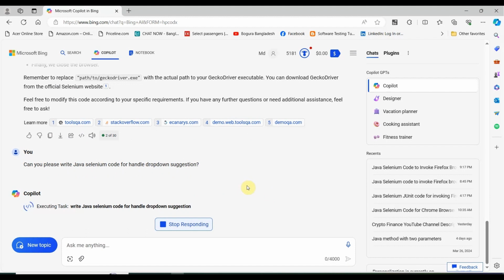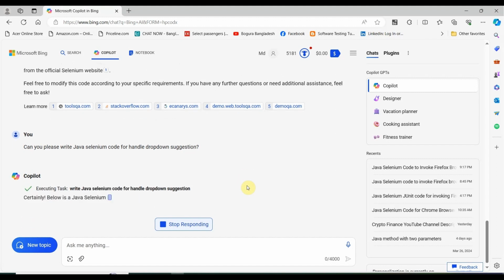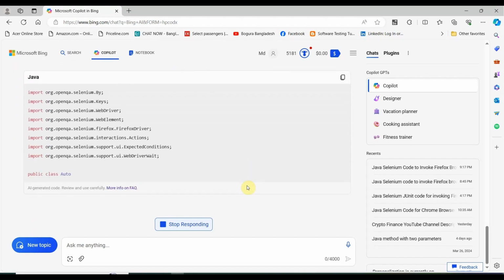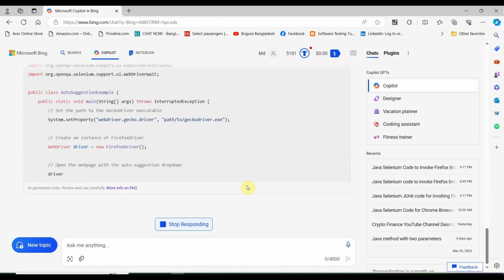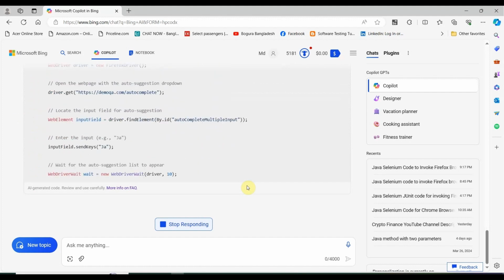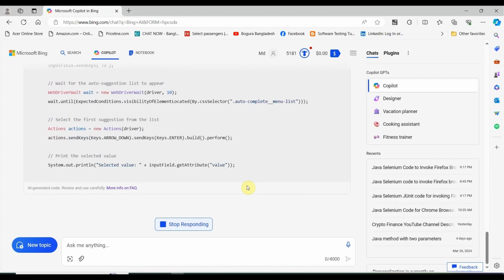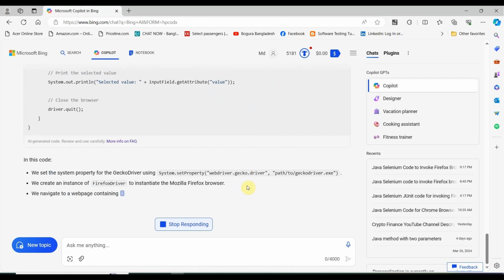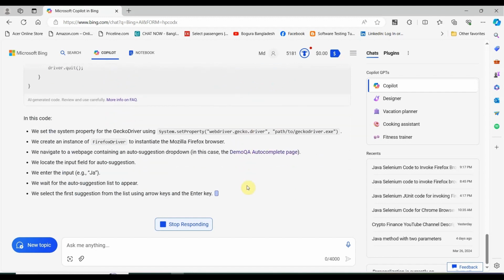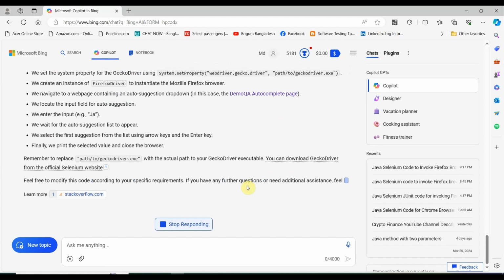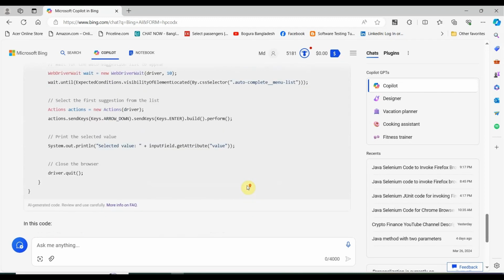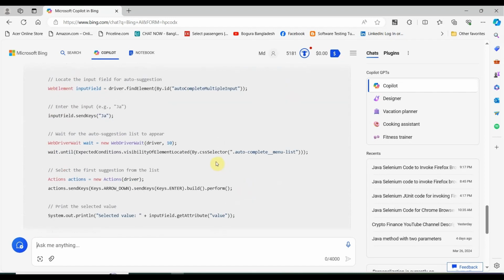You see how fast it is. It is not taking even a minute. Less than a minute it will be able to write your code. So that means how fast you can work. There is a lot of time saving purpose over here. So here is the same thing. It has written all the code like opening browser and all other thing. Will not take that code. Only handling